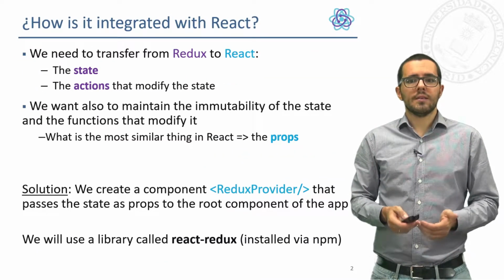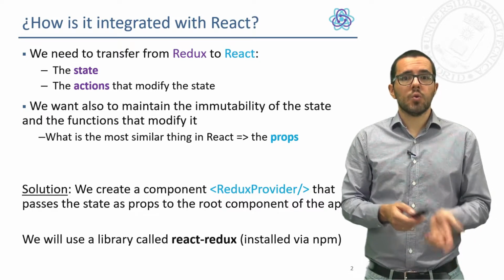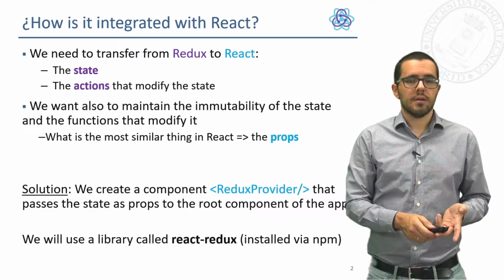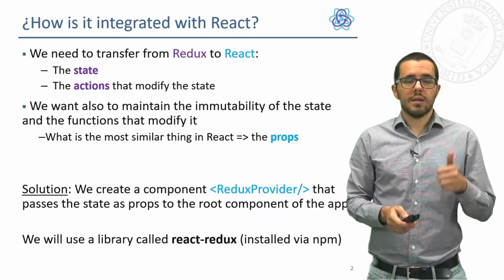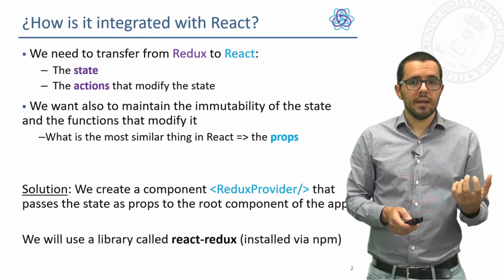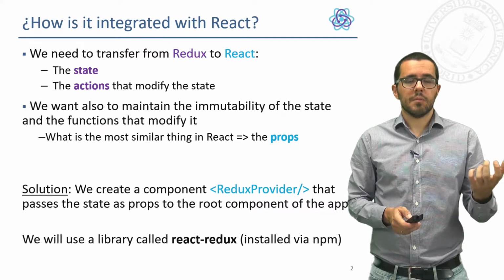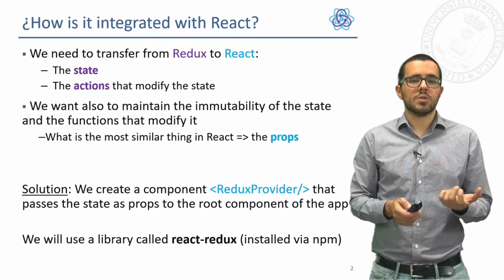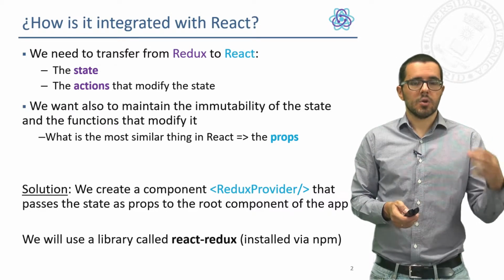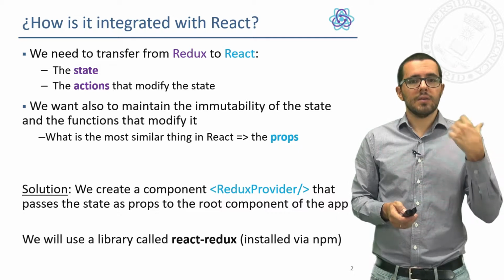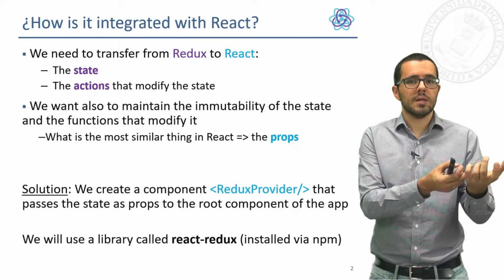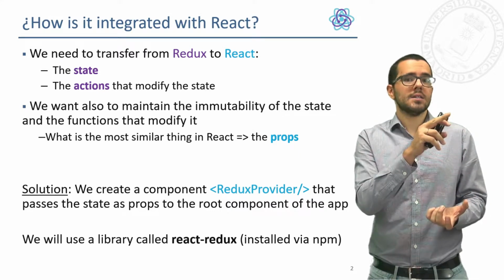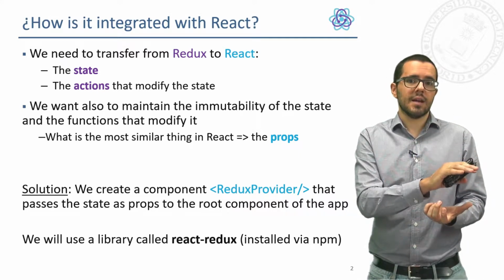Okay, so let's see how we integrate it. Well, we need to transfer from Redux to React this state and the actions to modify it. In React we will receive this state. How? As props, because we want to keep the state immutability. So what is the most similar thing in React? The props. So we will receive some props, will render the application, and will receive the possibility to dispatch actions that will get to Redux, that will modify the state again,